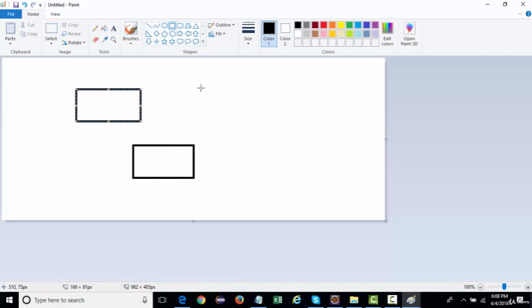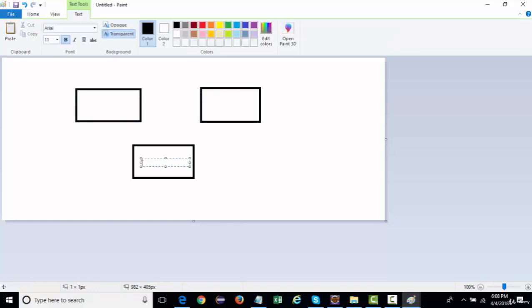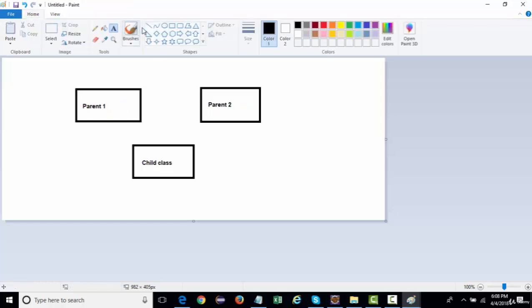Something like this is a child class, and this is parent 1, and this is parent 2, where the child is accessing or extending the properties of two parents. This is what multiple inheritance is. Java does not support this at the class level.